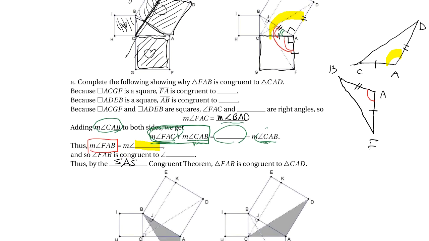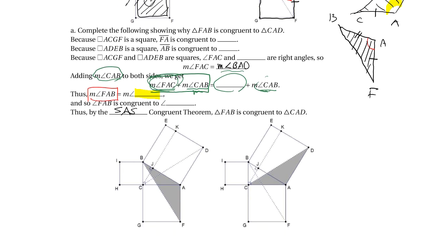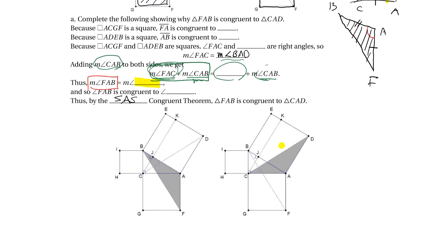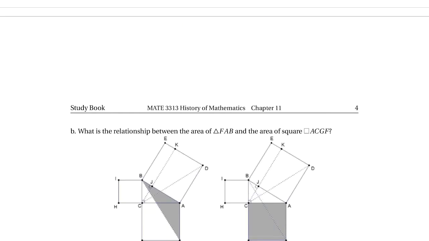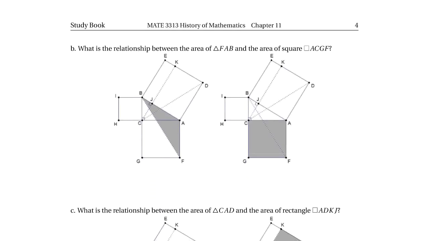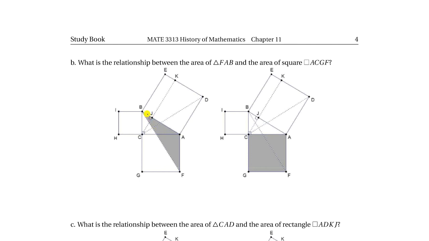But anyway, by that we can show these two triangles are congruent, which means that the area of this triangle and the area of that triangle are the same. That's the key part here. These gray areas are the same. So remember that. Then in the next step, why are these gray areas the same? That's the question. So to look at it, please look at this side AF